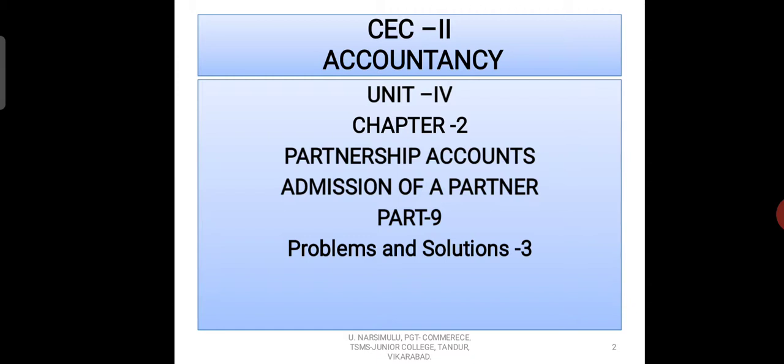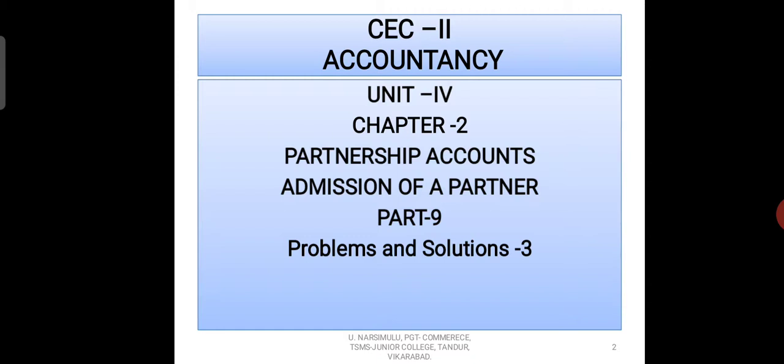So you have to watch the video carefully, and my advice is that students take a notebook and pen and take down the problem, pausing the video. Try to understand all the points that are given in this problem, then make working notes. That is the second step. And the third step is to write the journal entries for the adjustment points that are given in the problem.